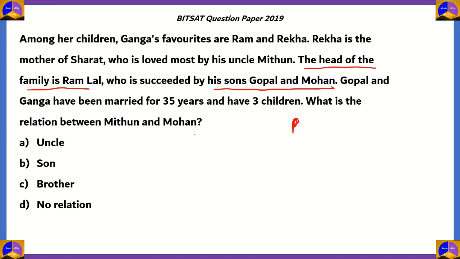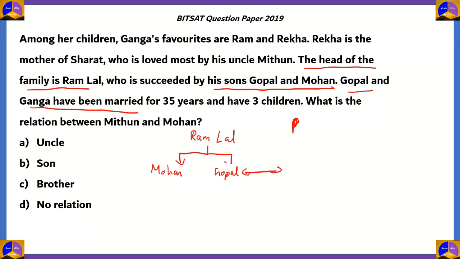So, at the top of the chart we have Ramlal, and Mohan is his son, and Gopal is Mohan's brother. We also know that Gopal and Ganga have been married for, say, X years. So Gopal has been united with Ganga,